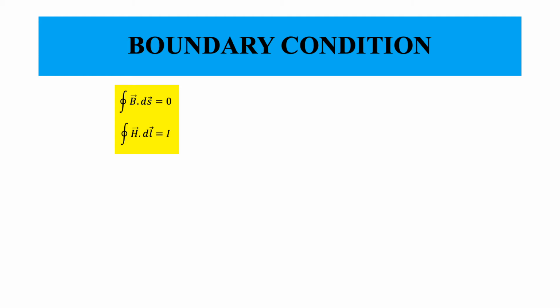One law states that integral of B dot dS is equal to 0, and this is basically del dot B is equal to 0 in the point form. And the second law is integral of H dot dl is equal to I, whatever the current that is enclosed. So these two laws, how would they describe the behavior of B field and H field at the boundary, is what we want to consider.